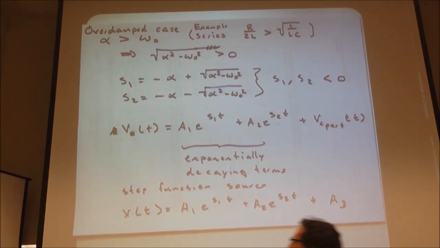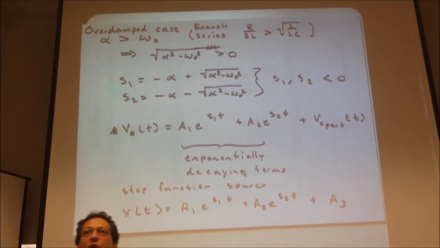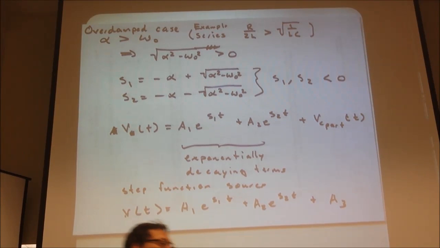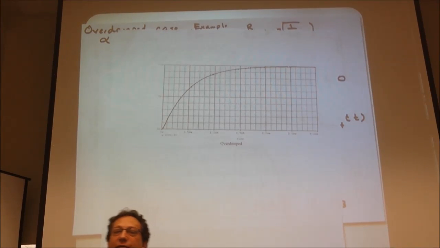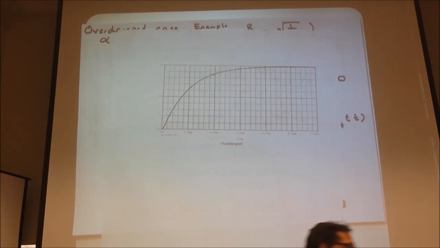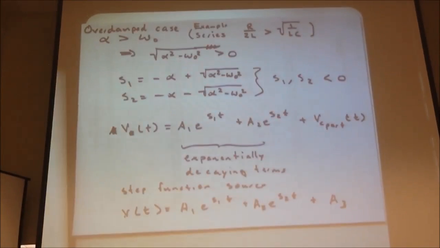If it's an overdamped response, you have two homogeneous terms and they're both exponentially decaying. If you look on the back of the handout that went out, here's an example of an overdamped case. It looks just like our first order response. So we throw a switch, we turn it on, it's overdamped. To think about this physically, let's come back to physically. So let's look at another